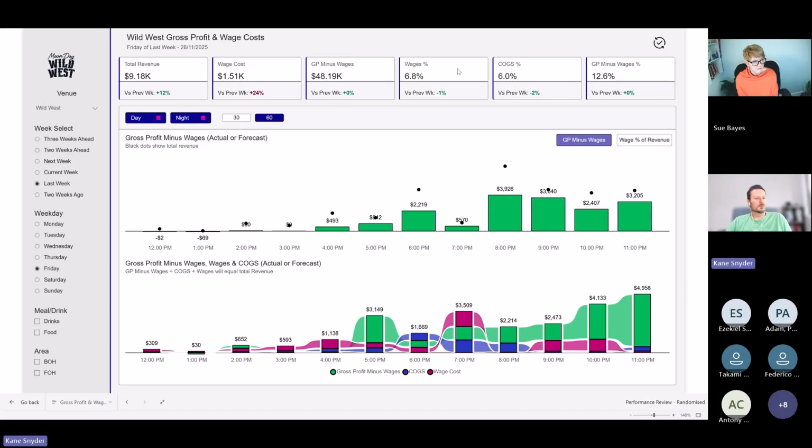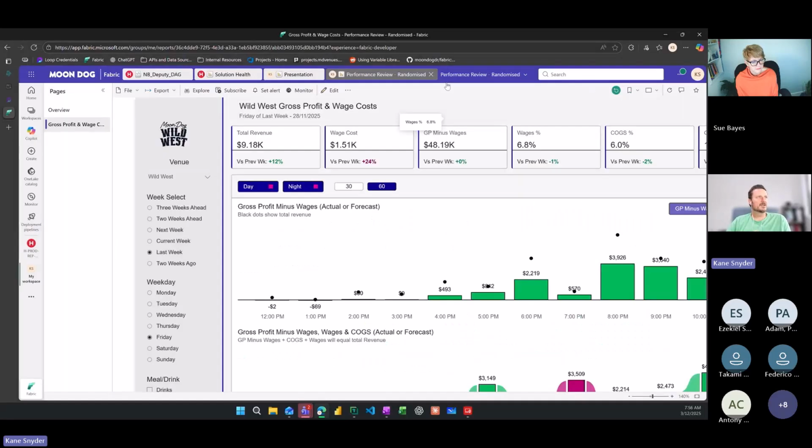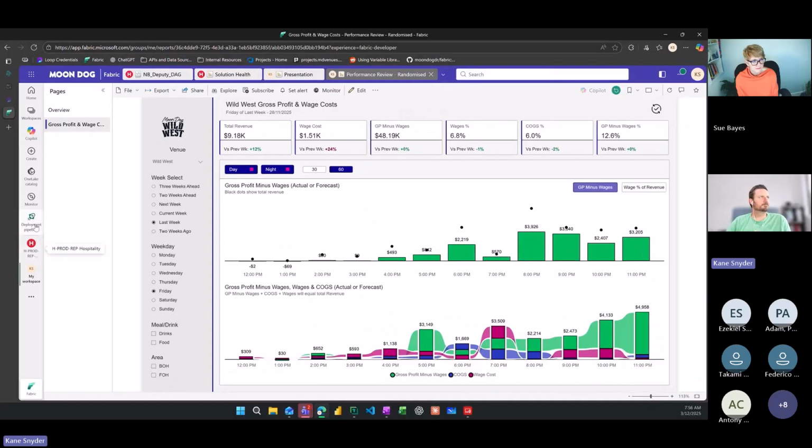So I've got one more report to show as well, another example. Got a question about your calendar table, but I'll let you do this next one and then we can talk about the calendar table. That's okay. Sure.